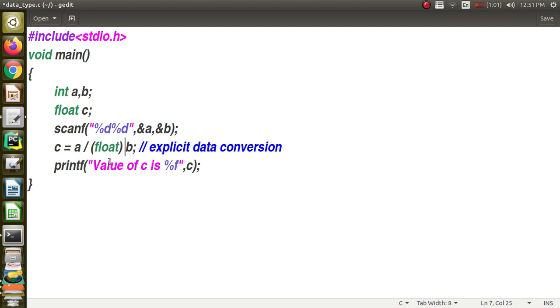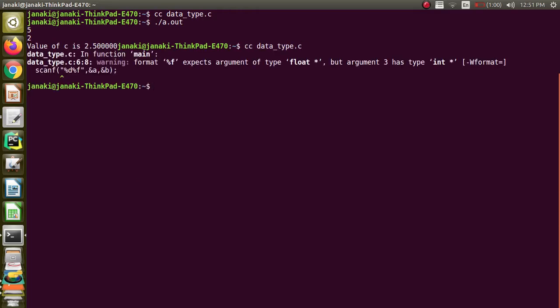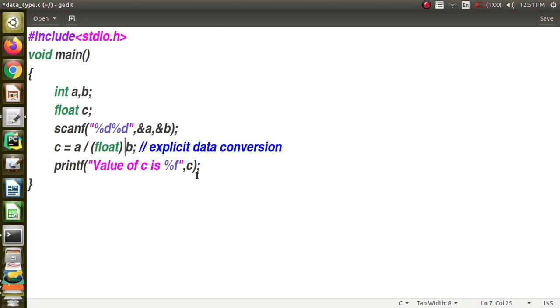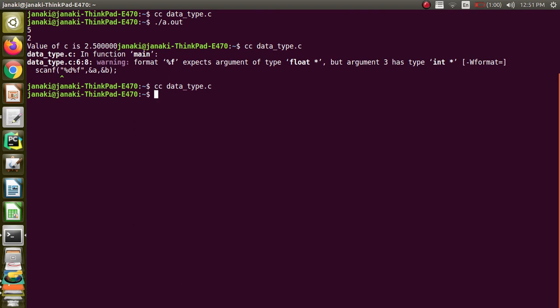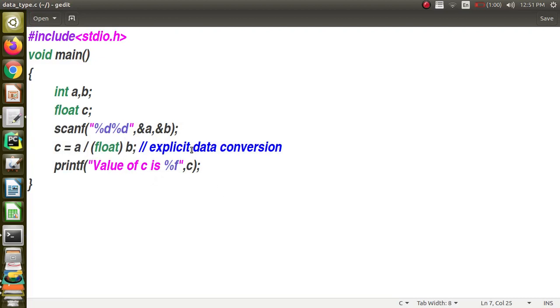Okay, so before the division operation is done, this will be converted into a floating point value, right? Now when it tries to apply the division operation, once again between an integer and a floating point value, because of the conversion that we have mentioned, A also will be converted to float as per the rule, and then a normal true division will happen, right? Yeah. Okay. Yeah, I forgot to save it. It's very important that you should save it, otherwise the old code only will get compiled. Yeah, you can see that now also I will get the value of C to be 2.5 followed by 0s. This is what is explicit data conversion. I hope things are clear.